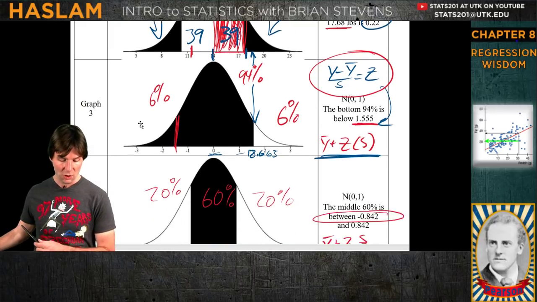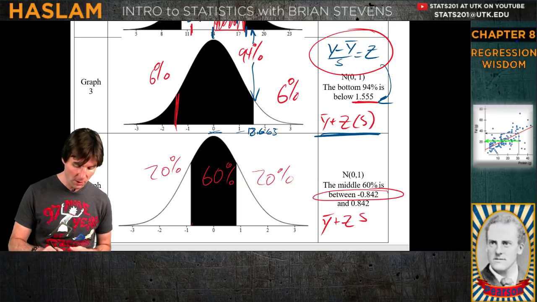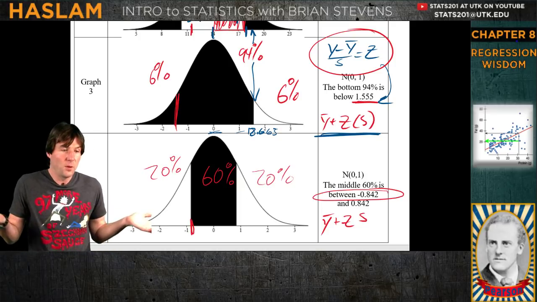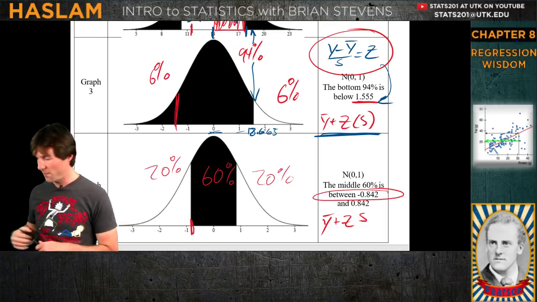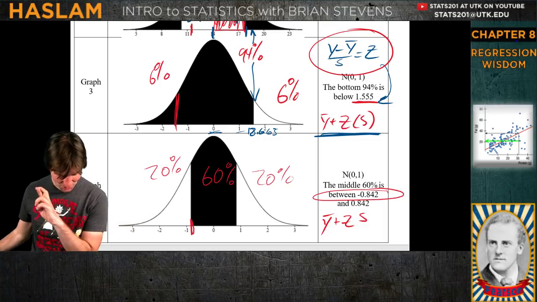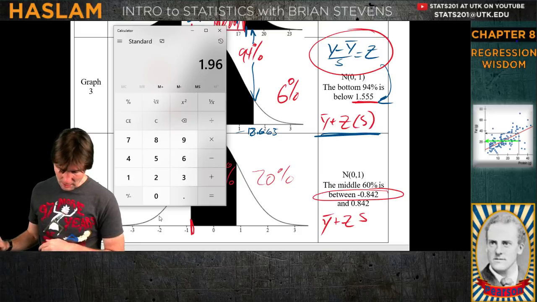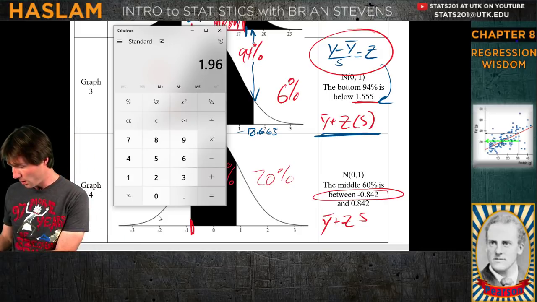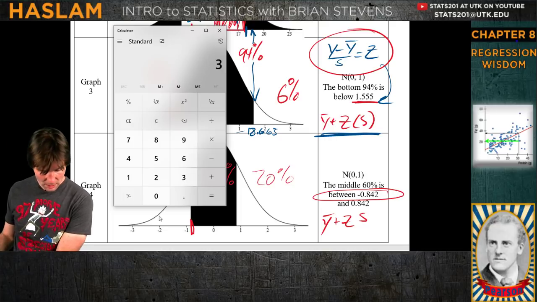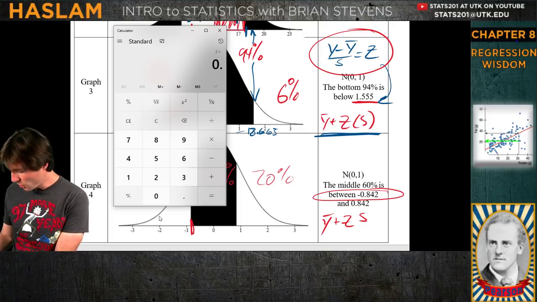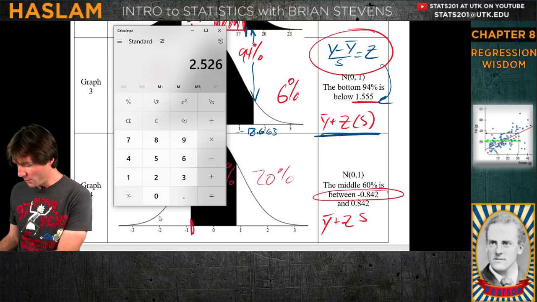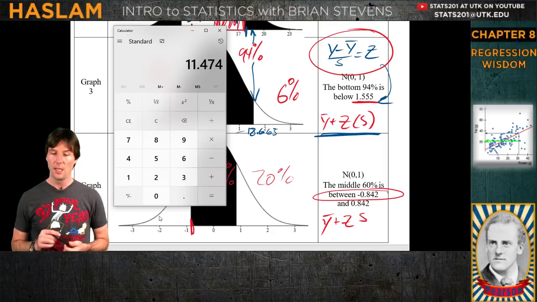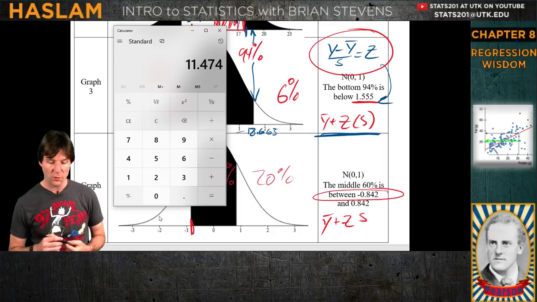Because that red line I just drew is in the same spot here, so that looked to be up there at the top, which you can barely see. 11.3? Let's see how close I am. I hope I'm one decimal place accurate. Fingers crossed. So now we're going to take the mean and subtract from it that many standard deviations. So we're going to go standard deviation of 3 times 0.842. Oh no, I'm more than one decimal place off. I'm very close. It's 11.47.